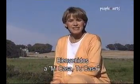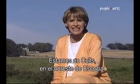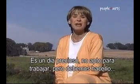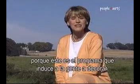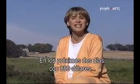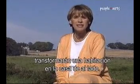Welcome to Changing Rooms. This week we're in Cult, just outside Aberdeen in the northeast of Scotland. The sun is shining, we've got plenty of fresh air, and it's a shame we've got to do any work, but work we must, because Changing Rooms is the show that gets the neighbours in to do the decorating. Over the next 2 days, and with a budget of £500, they must completely transform a room in next door's